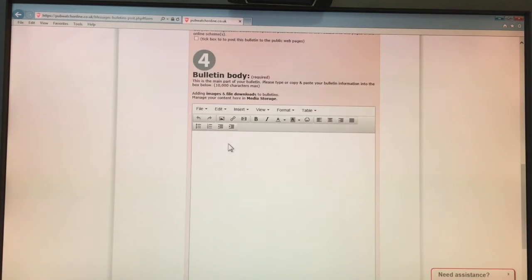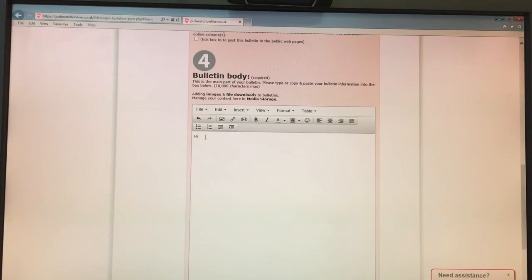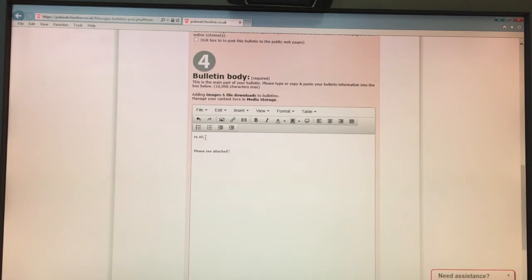And then here you can write a little bit of a message. You can put whatever your message is to do with the bulletin, that's up to you, but for this particular case it's going to be: please see attached Derby Day